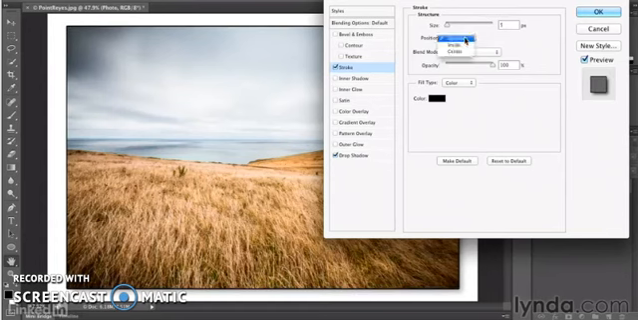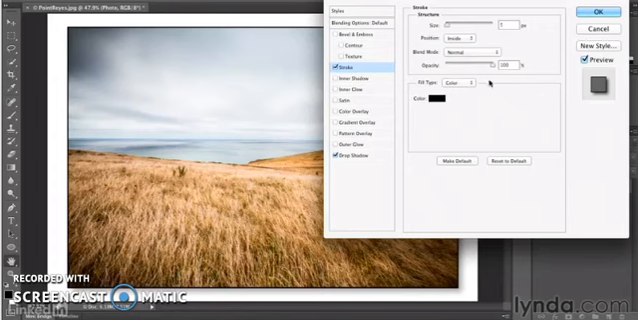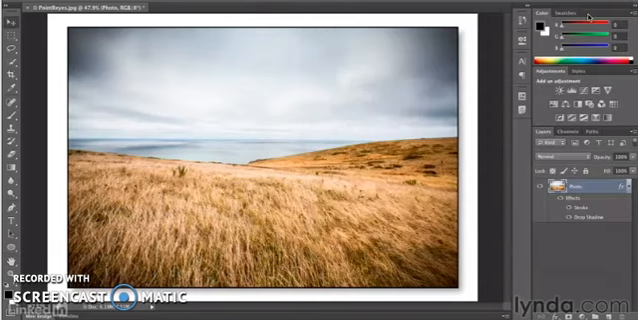Since the majority of the time I prefer the position to be on the inside and the size to be set to 5 pixels, I can use the option to make this my default. Now every time I come into Layer Styles and I want to apply a stroke, these are my default options. When I click OK, we can see on the Layers panel that I have 2 effects applied, a stroke and